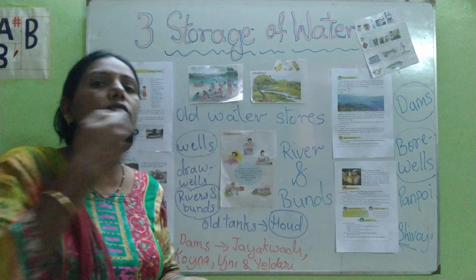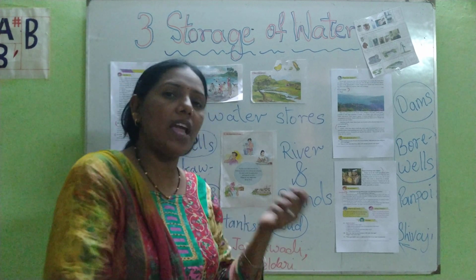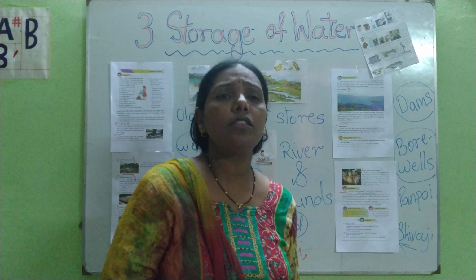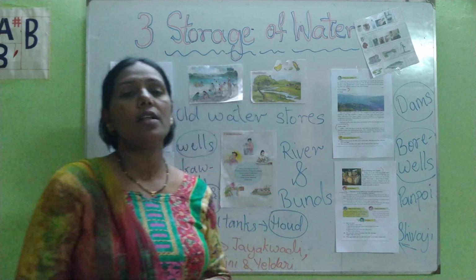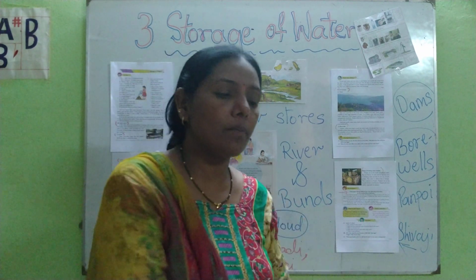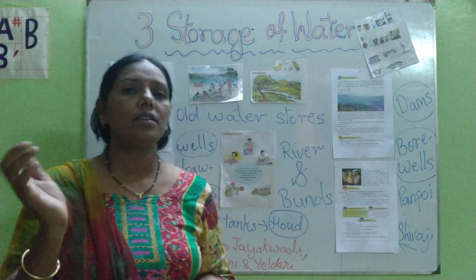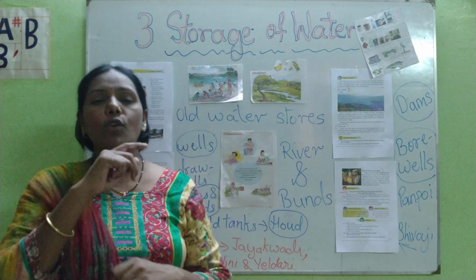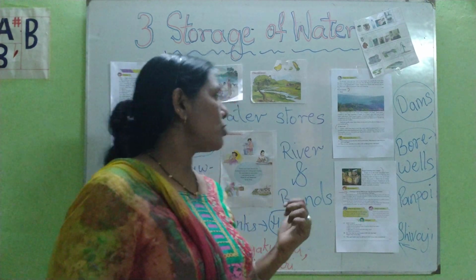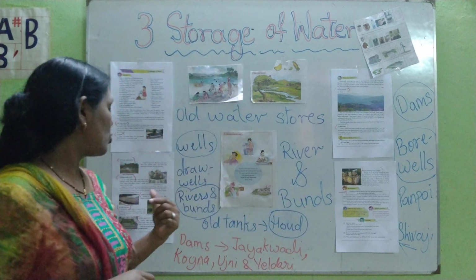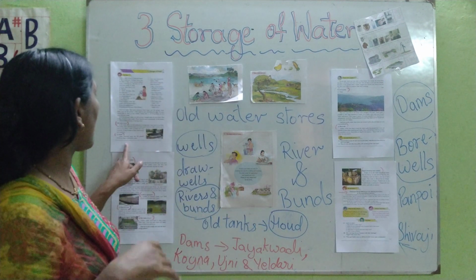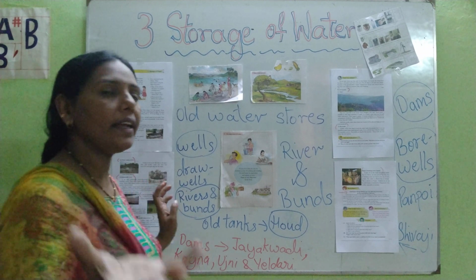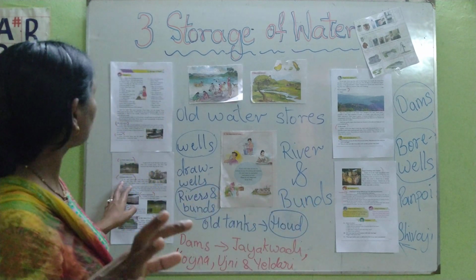That means they will remove the water with the help of something, and then they used to use this water. So this was in the olden days that the people used to draw water, which means they used to tie the pot with a rope and put it down in the well and pull it up for their use. So people used to use draw wells to bring the water up and drink it, for whichever purpose they needed.